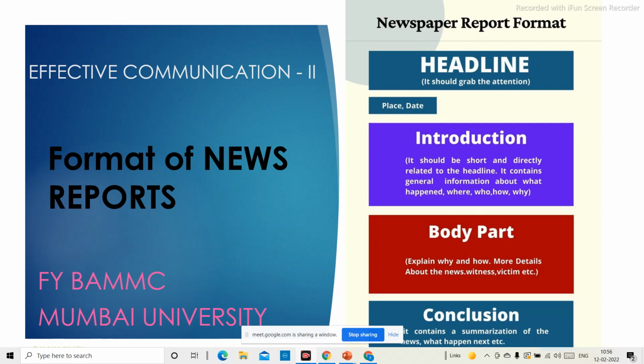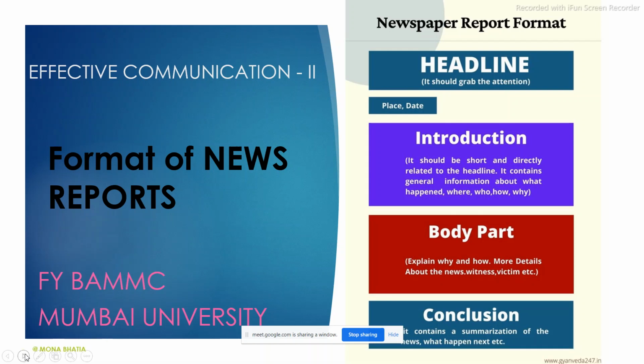For example, the headline should be able to grab the attention of the people. If it is not able to do that, that means there is something wrong. That is why they are given the maximum space in a news report. The whole headline may be only 2 or 3 words, or maybe 5 to 6 words. Sometimes they could be more than that, but then they occupy the maximum space for a news. Okay, and these introduction, these things could be divided into columns also.